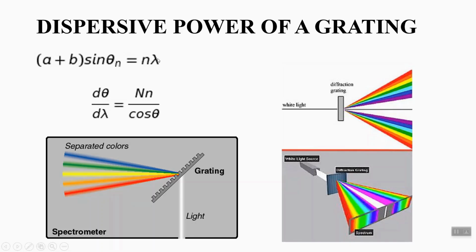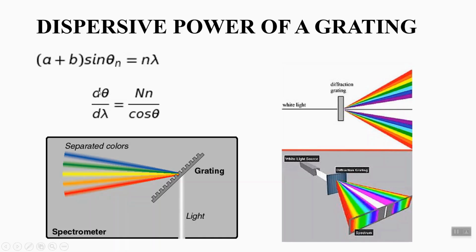So for a polychromatic source, each order of the spectrum except the 0th order will consist of different wavelengths depending on the source. Thus the diffraction pattern will be symmetrical about theta equal to 0. So theta equal to 0 represents the central maximum.